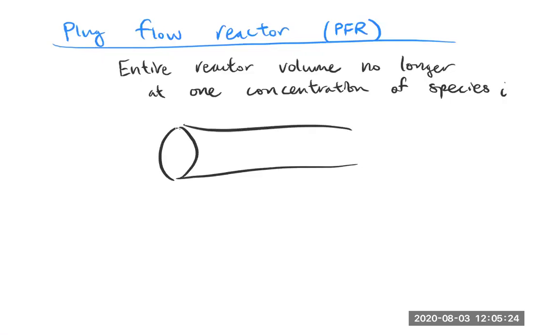Okay, and so you've got stuff going in. So let's look at this system. You've got a volumetric flow rate coming in. So we can think about the molar flow rate of species i. If we wanted to, maybe we can think about concentration, but the molar flow rate might be more useful here. Now you have a volumetric flow rate coming out, and something to note, I'll put this in red,